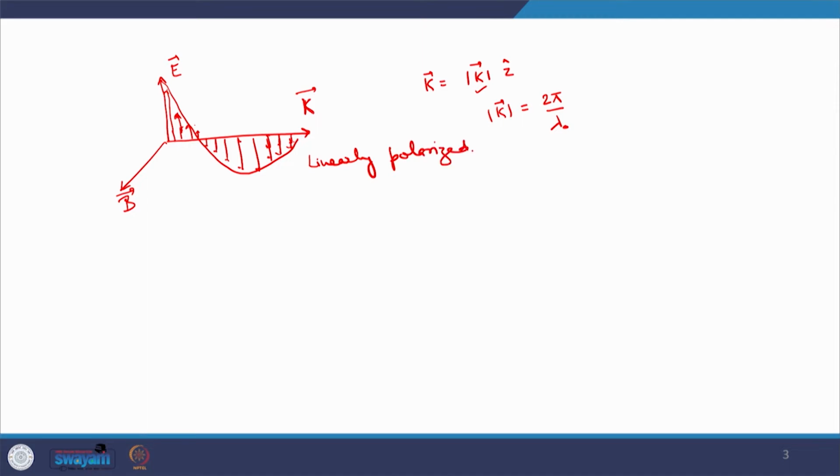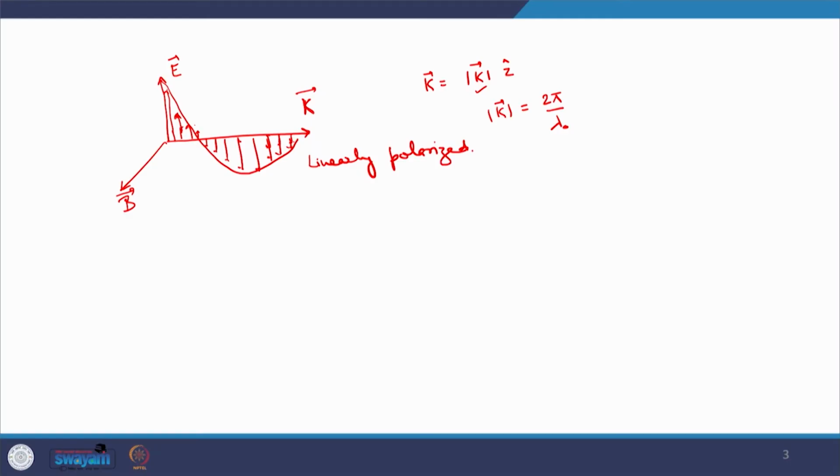I repeat, if the electric field vector oscillates only in one plane, or in other words, if the oscillation of the electric field is confined in a single plane, then such a wave is called a plane polarized wave or linearly polarized wave. Now apart from this type of wave, there is a second kind of polarization which is called